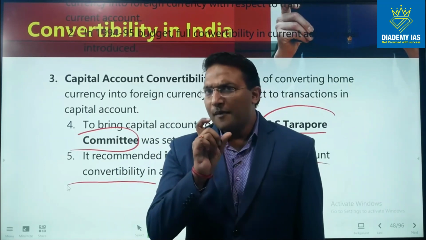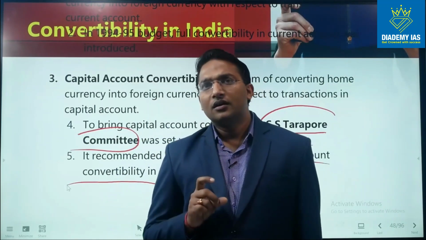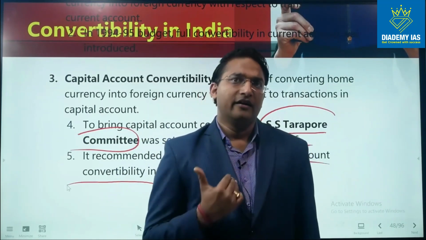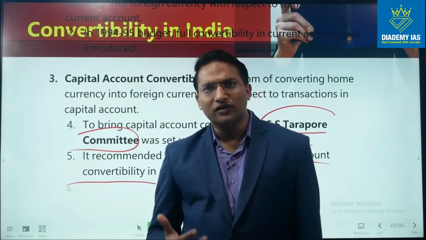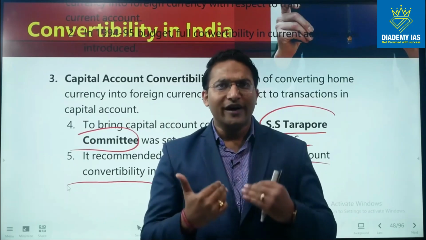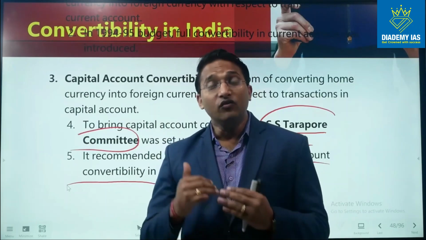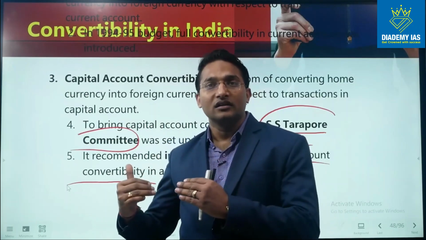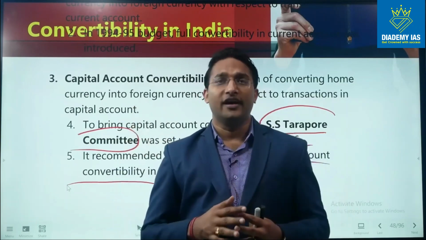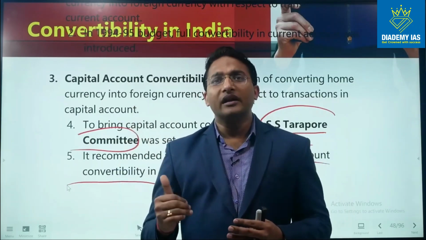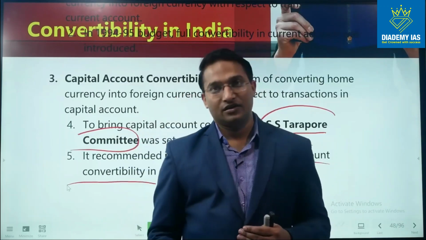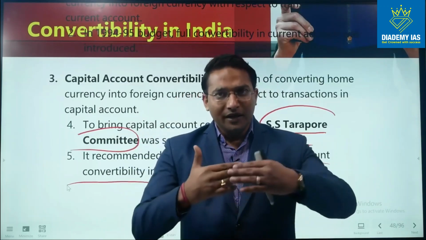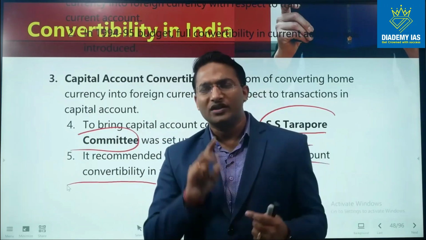First of all, capital account convertibility will mean that in India, anyone can invest any amount. That will bring a lot of foreign exchange into India. Even Indian companies can invest any amount outside India, so Indian companies can convert themselves into global companies. So there will be an easy flow of money. Secondly,